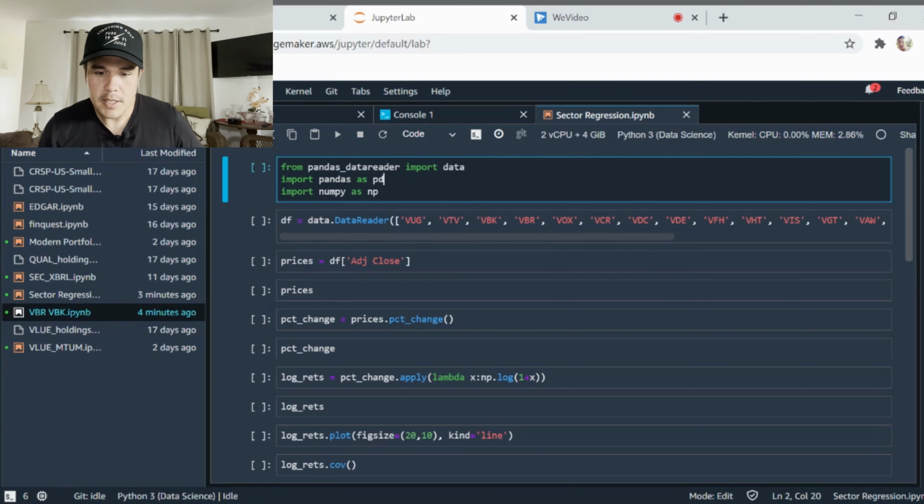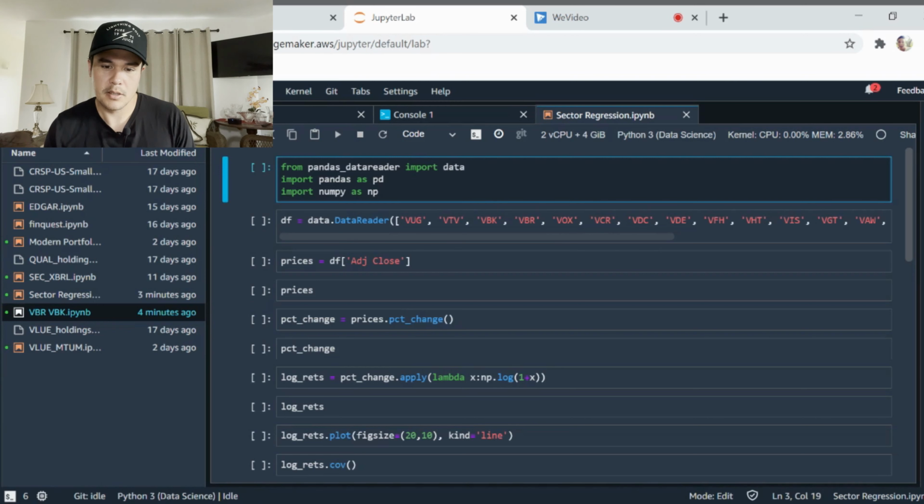What are you truly betting on when you buy a growth fund, for example, a Vanguard growth fund? What are you really betting on? What sectors are you really betting on? And same with value. If you're holding a value fund right now, what sectors do you have a bias towards? So let's get started. All right, so in this video, again, we're going to be using Pandas data reader,